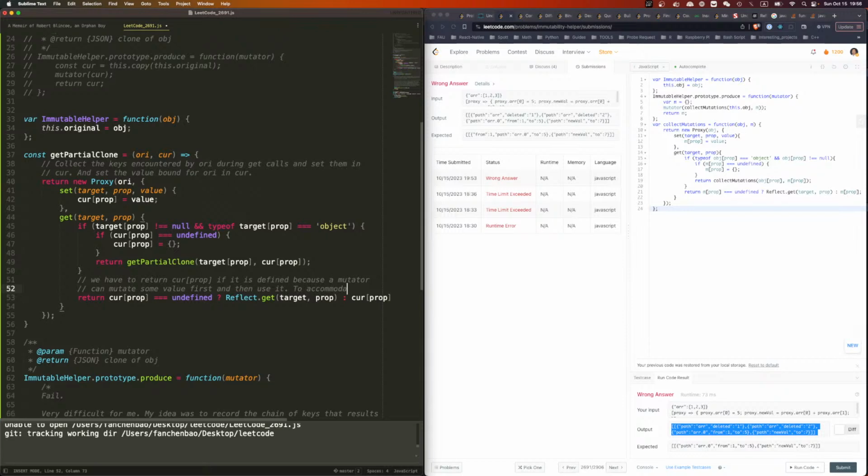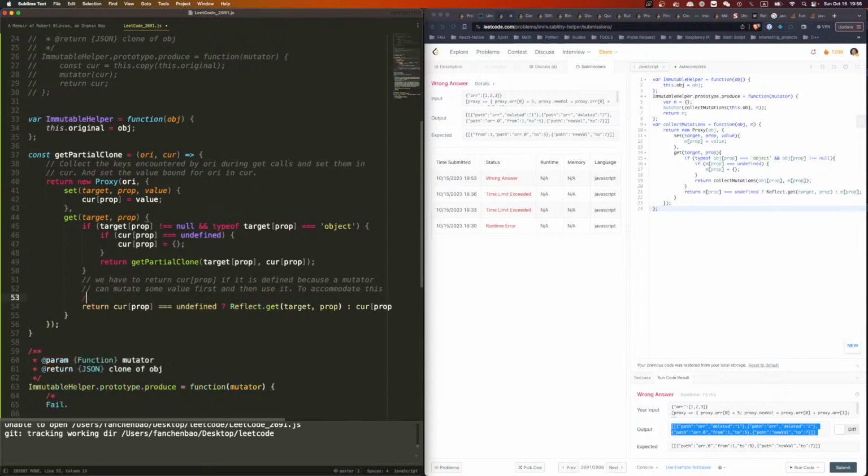To accommodate this, we have to return the most up-to-date value. So it's just going to be here, right? If it's equal to object, and then